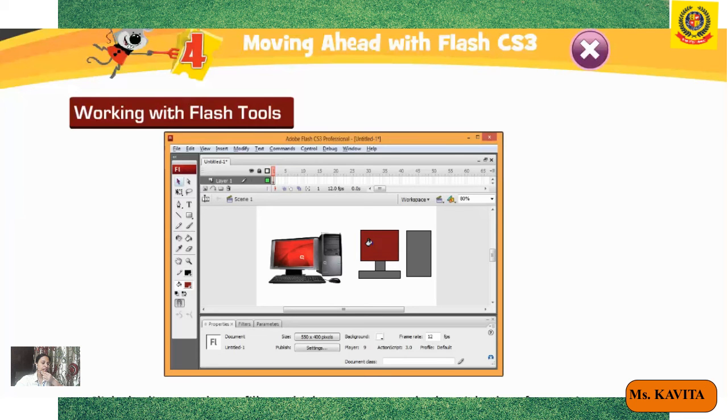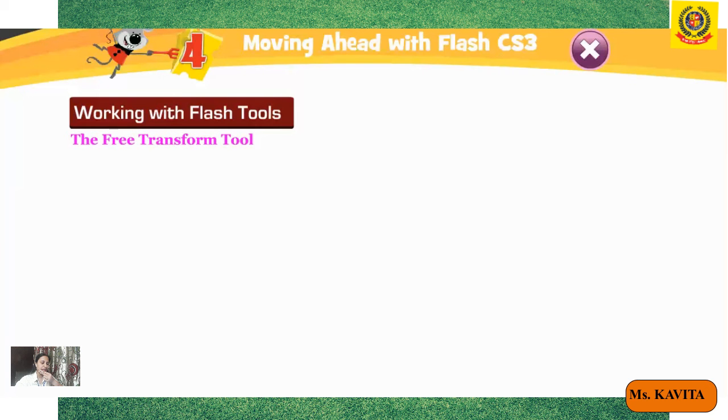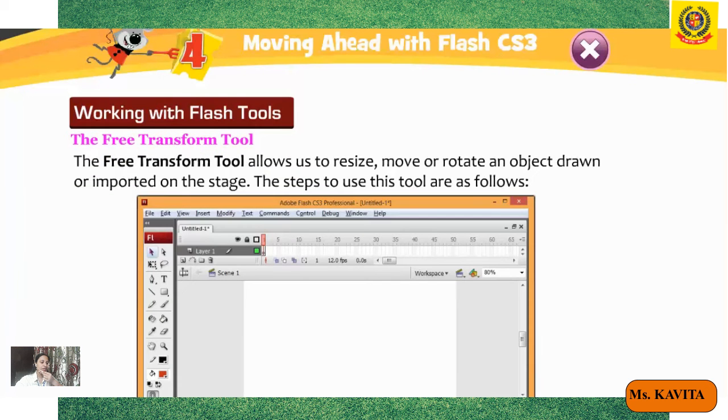In the previous class we have learned to work with a number of Flash tool panels. Now more tools are given in this chapter. First tool is the eyedropper tool. We can use the eyedropper tool for picking up colors and style from any existing line, brush strokes, or fills, and applying them to some other object.